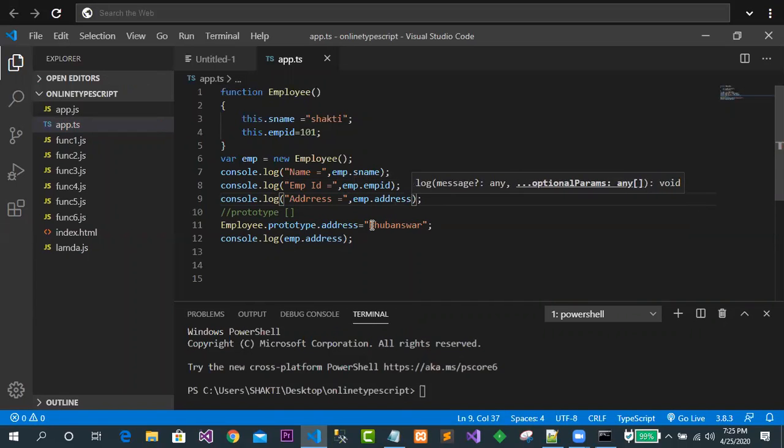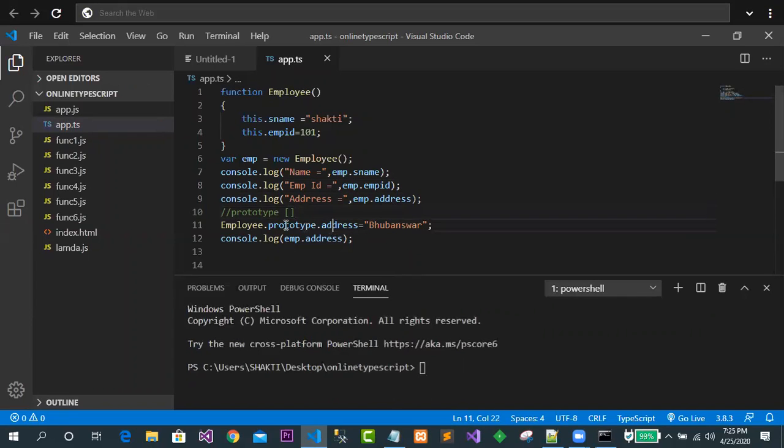Am I able to get this address or not? Let me check it out. First of all, just see, before declaring this prototype I'm trying to access it. If you want to add any property to the class, then you use prototype. As prototype is a static one, it is accessed by the name of this class or constructor function. How is it written? Employee dot prototype dot address equal to Bhubaneswar.